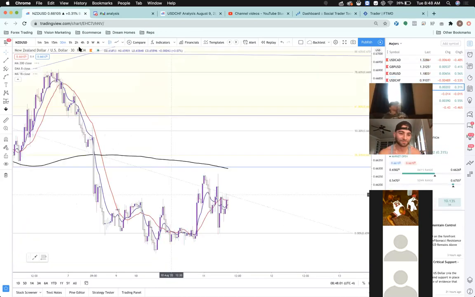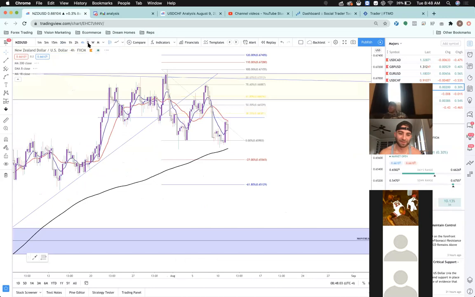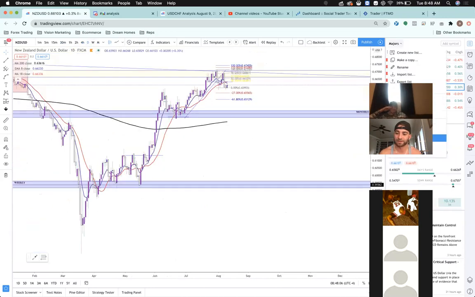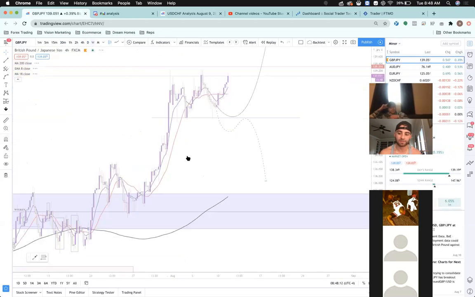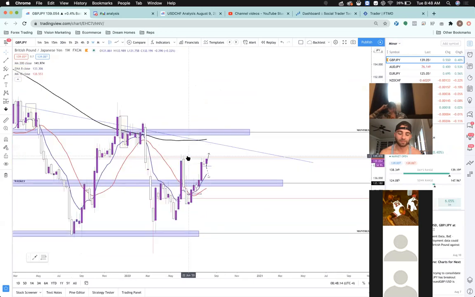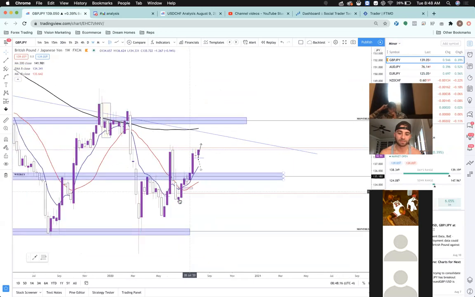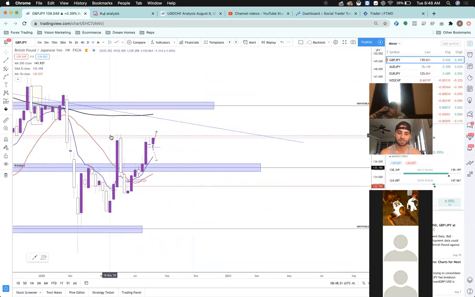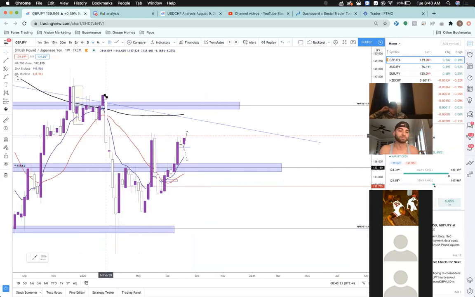All right, so let's go to the, oh, this is NU. We already did NU. So last but not least, we're gonna hit GJ. Boom, GJ is playing out well. Let's hit the weekly time frame on GJ. Overall bearish, but the last 5 weeks have been very bullish. We need to get above this level. This is just a resistance level that I drew.